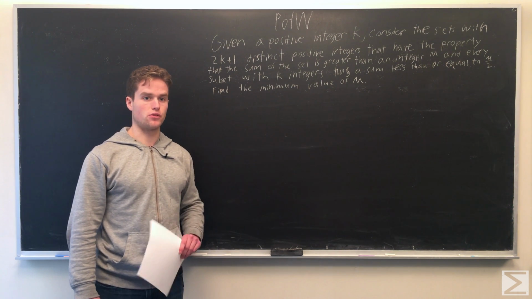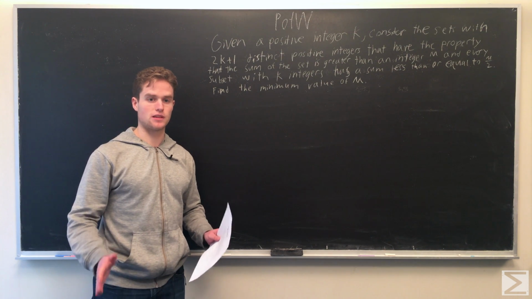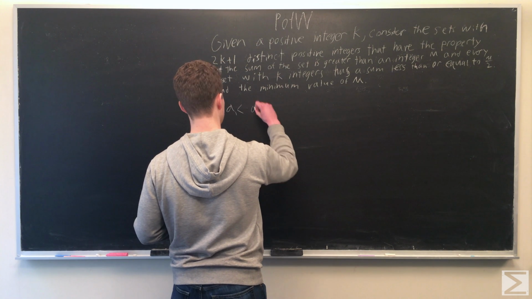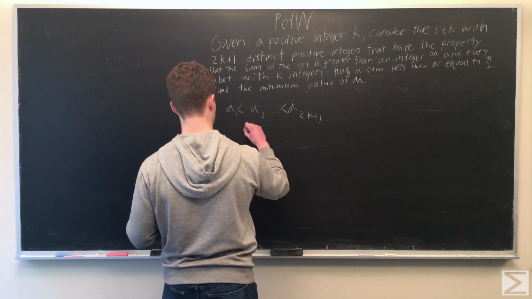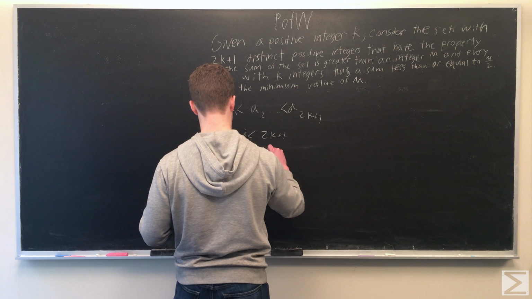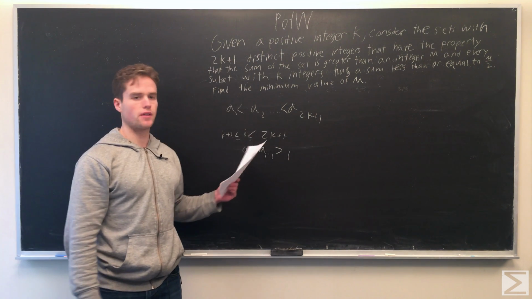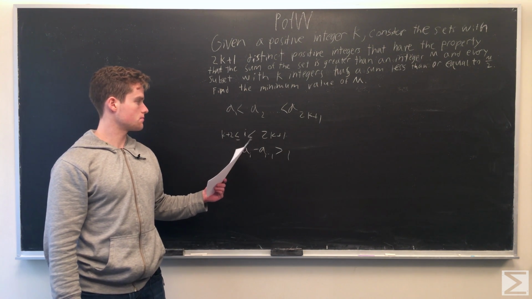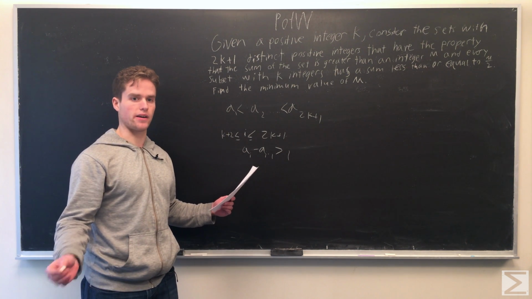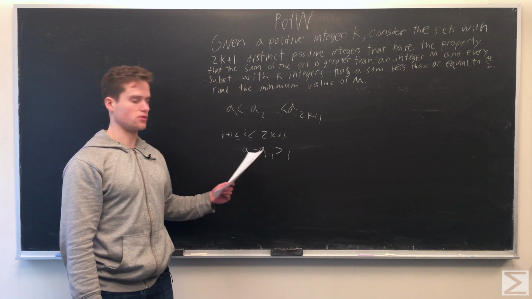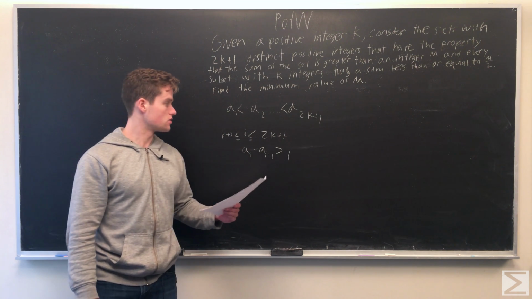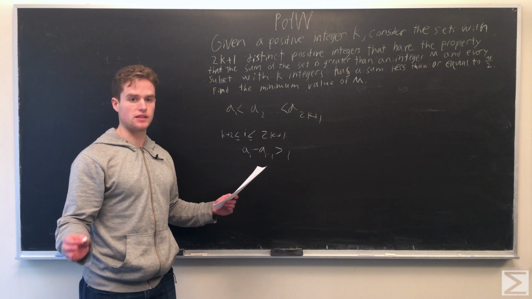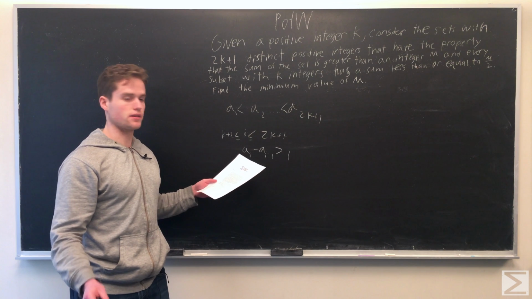So the first thing we're going to do is try to establish that we only need to look at sets with consecutive integers. So we have some set a1 to a 2k plus 1, and let's say we look at the higher half. So i is between k plus 2 and 2k plus 1. So in this higher half, we can send each of these ai's, where i is between these two integers,